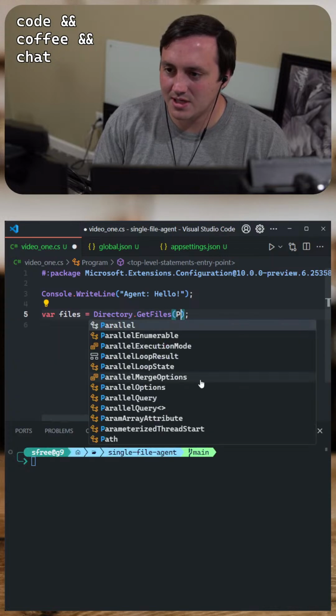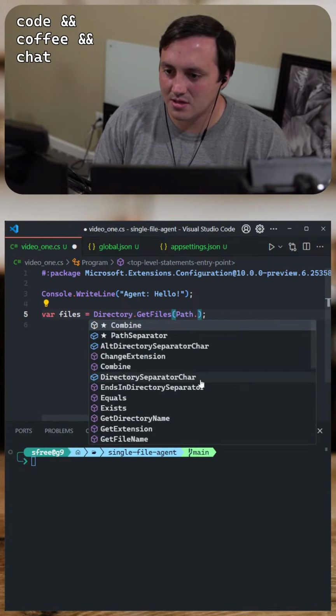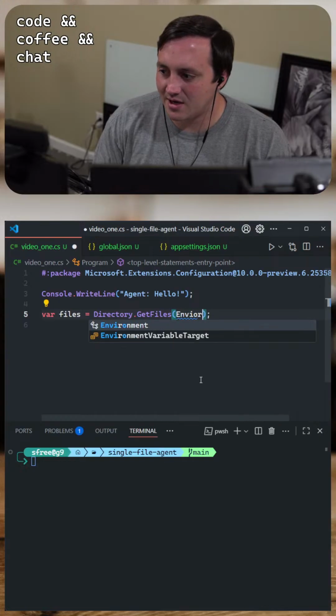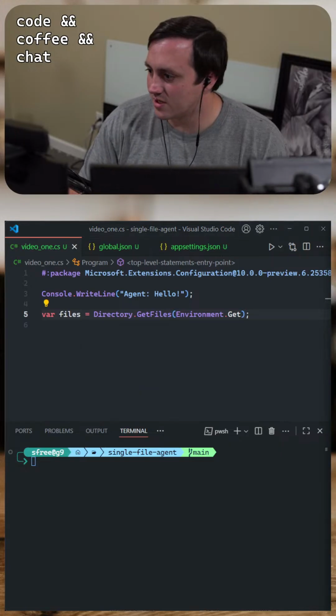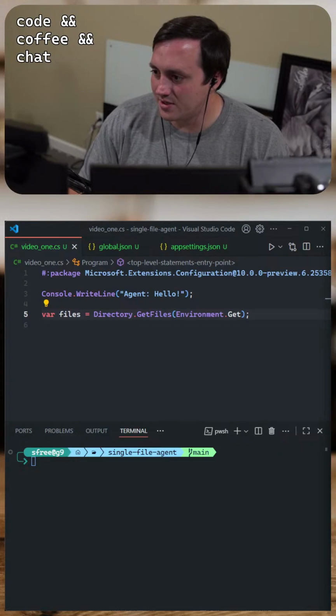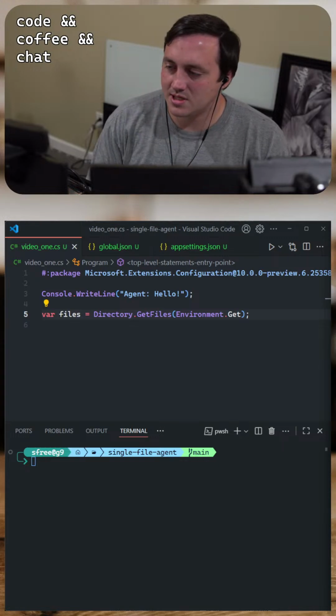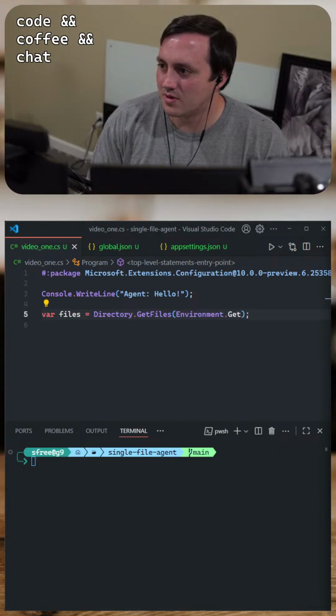So this would be Path. or Environment.Get... How do I get the current working directory? I know I should know how to do that, but... Let's see. C# get current directory.